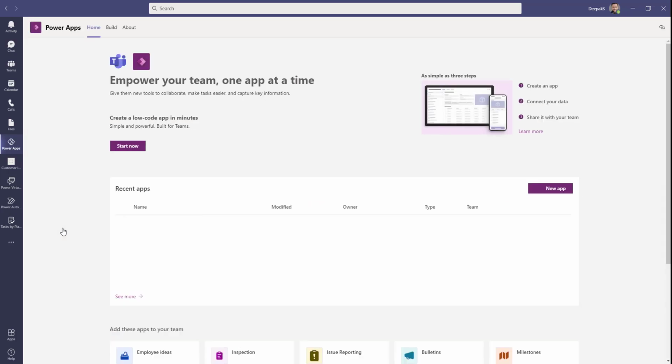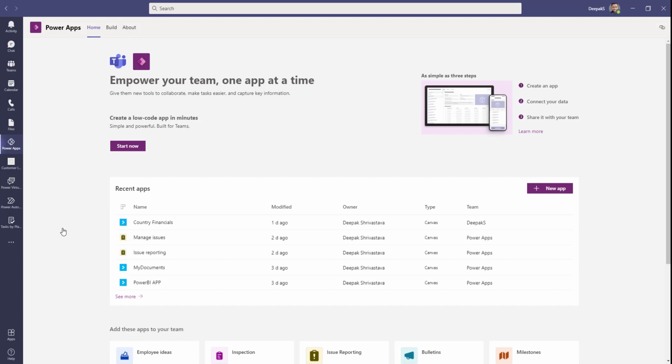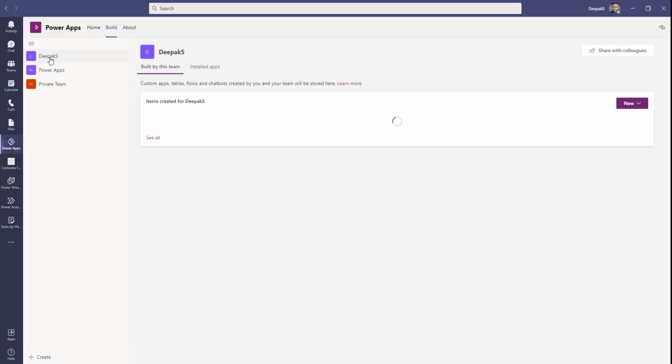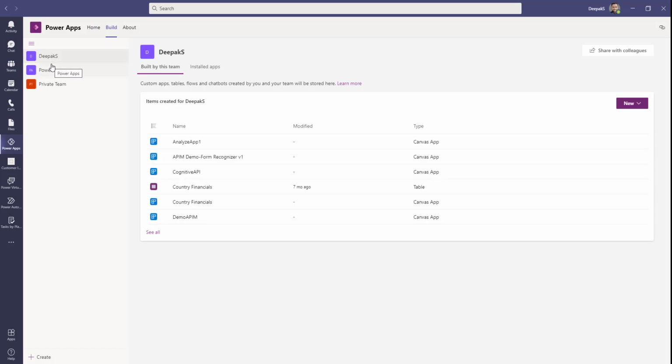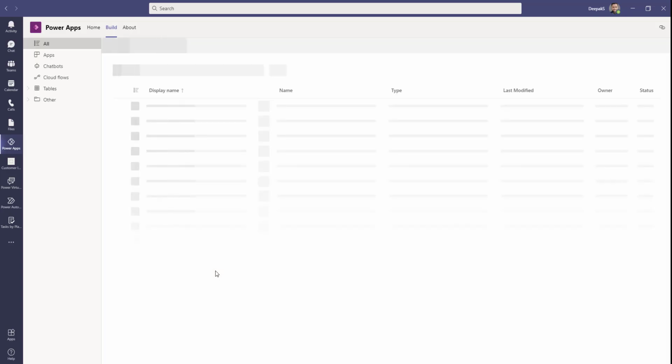So Teams will take you to a screen where you can see all of the apps that you're working on, or if you have created some tables, flows, and chatbots. And from the top, if you go to the Build section, you will see on the left-hand side all the different teams that you have in this Teams environment. We are going to work on this particular team right now. So you select the team where you are trying to create your data table, click on See All, and once you click on See All,